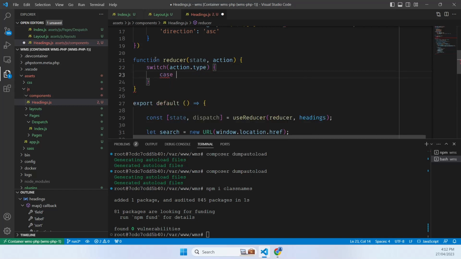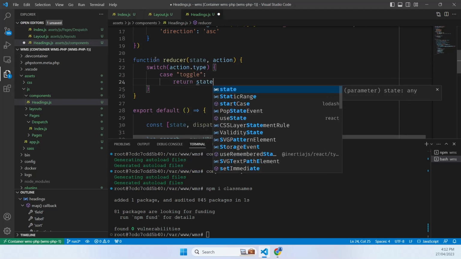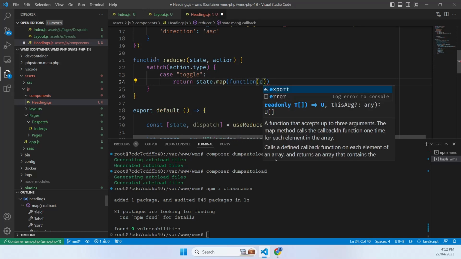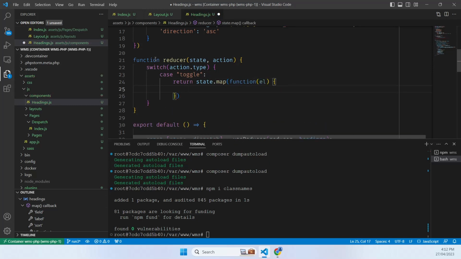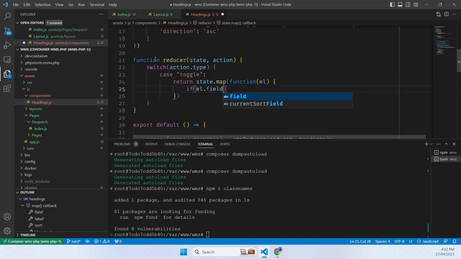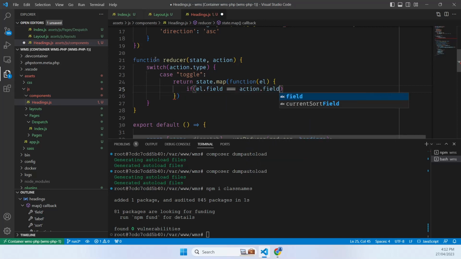Now the type we're going to create is the toggle action, and what it's going to do is get the state, go through it, and for each element check if the element field equals the action, we'll call that field name,